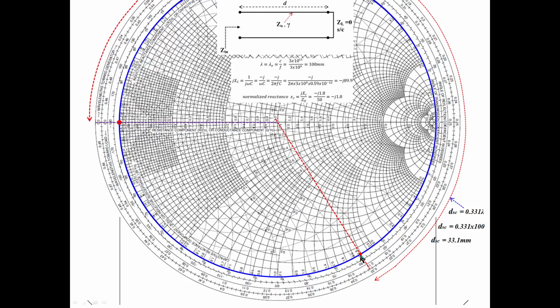From here you draw a line passing through the center of the Smith chart to the wavelength scale. See, this is the wavelength scale. We stopped here because minus 1.8 is here. Afterwards, what do we have to do? You should measure the distance from here. What is the distance up to this point? So starting from here, go on and come to here.